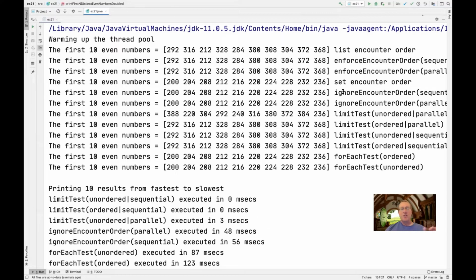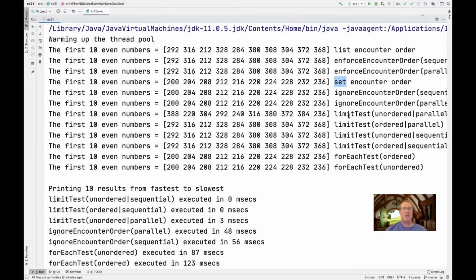When we start doing operations that ignore or don't enforce encounter order, we're going to get the results in different orders. So you can see here when we ignore encounter order, they don't come back in the encounter order. If we do a set, then the set also ignores the encounter order because it doesn't care about the encounter order. And then we're also going to do a bunch of tests demonstrating the performance consequences of either enforcing or not enforcing encounter order. And without spoiling the surprise too much, you'll see that the tests, the examples that don't bother enforcing encounter order tend to run faster, especially when we have